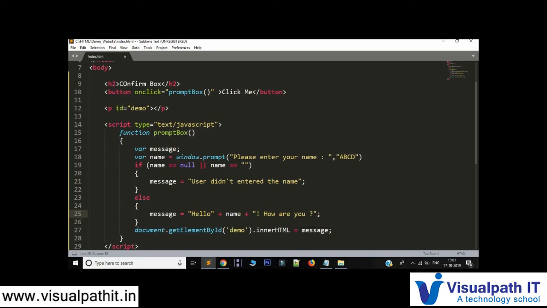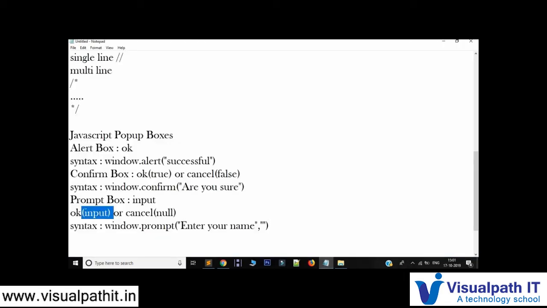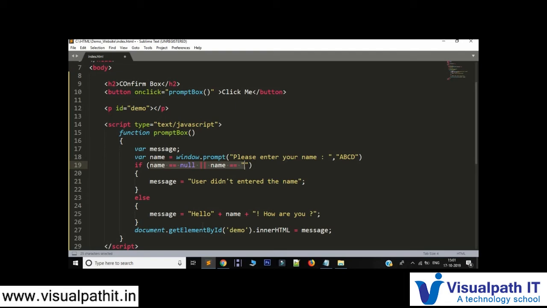Now this document.getElementById and the rest all will be the same, because even now we are going to fetch this one. Now what's happening over here? This basically means if I click on OK, see cancel, I have already mentioned to you. If you click on OK, then the input should come, and if you click on cancel, then the null value should come. That's the reason we are writing such a statement, because here there is no returning, it will not return any true or false, right? So in place of that, if the input field is empty, or he clicks on cancel or something like that, user didn't enter the name.